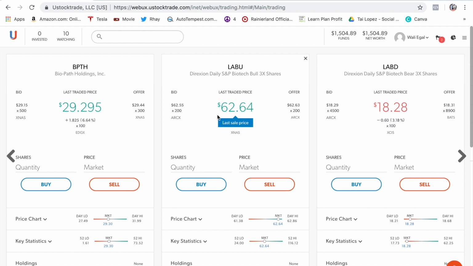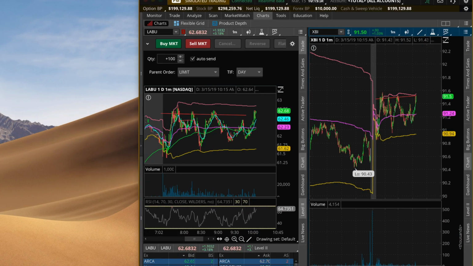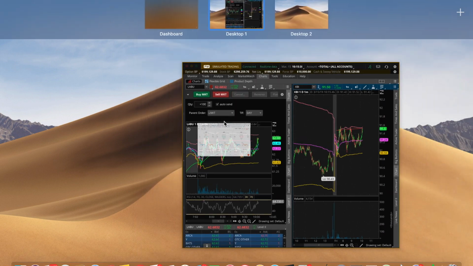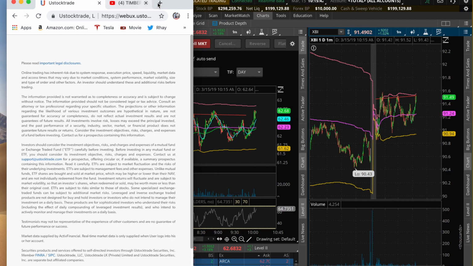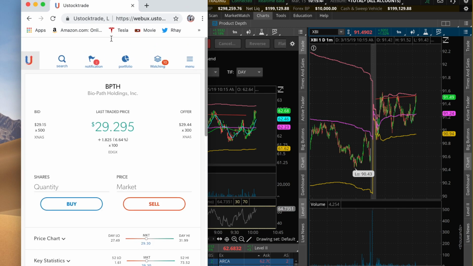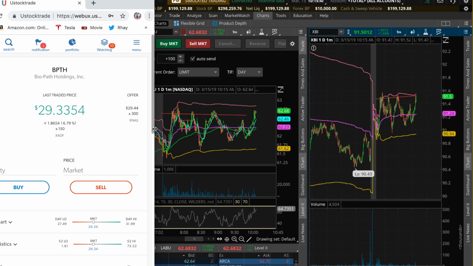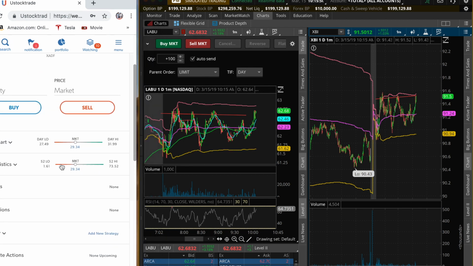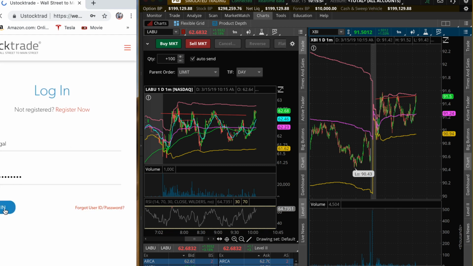Hopefully you guys can potentially see an option in here. And this is how I'm going to trade on Ustock. I'm going to have Ustock over here on the side. Let's see if I can do that right now. Okay, so I'll have Ustock right here. If I were to take a position, I would just put it down right here. Let me make it a little closer like that. If I were to buy and sell a position, I just go here and click buy. I don't know why it logs you out.